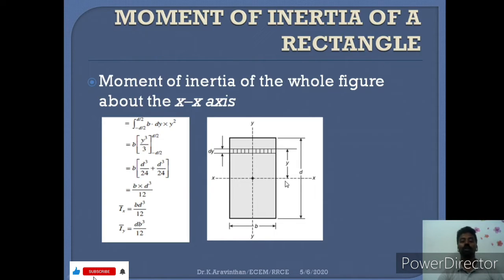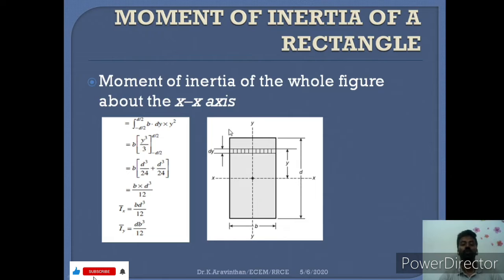So what is the formula to find moment of inertia of any section? First you have to know the area into distance square. What is the area? That is the area of an elemental strip. So if you want the moment of inertia about the x axis, first we will consider an elemental strip, whose depth is assumed as dy, where the total depth is d and this small depth is dy, and the distance between the x axis and the area is assumed as y here.